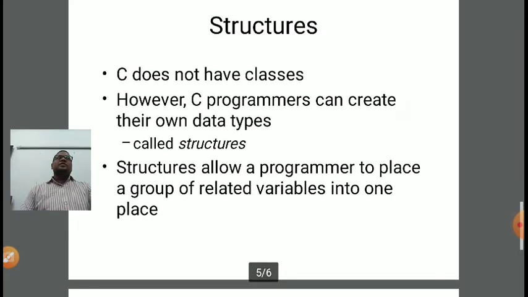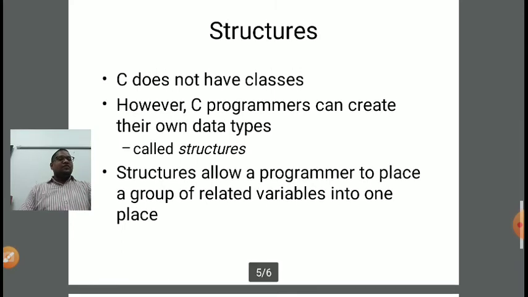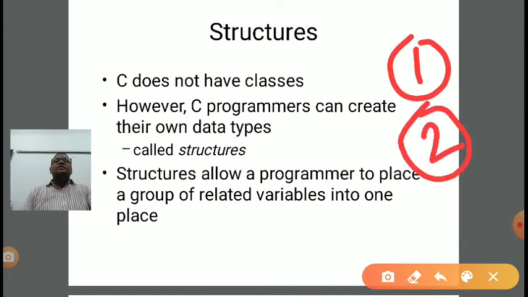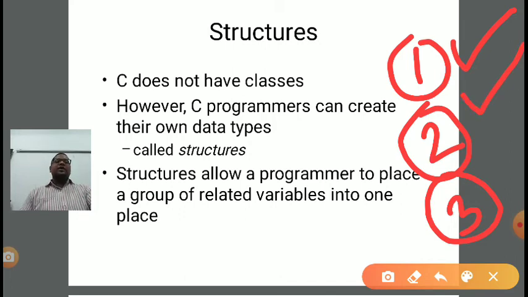In the case of a structure, there are some components we need to include in a C program. The first component is structure declaration. The second is structure object creation, and the third is accessing structure members using the structure object. First is structure declaration or structure definition, which is generally written before main. Second is creating the structure object. The syntax will be the struct keyword, then the structure name, and then a variable that will be the object of that particular structure. After that we access structure members with the help of the dot operator: object name dot structure member.